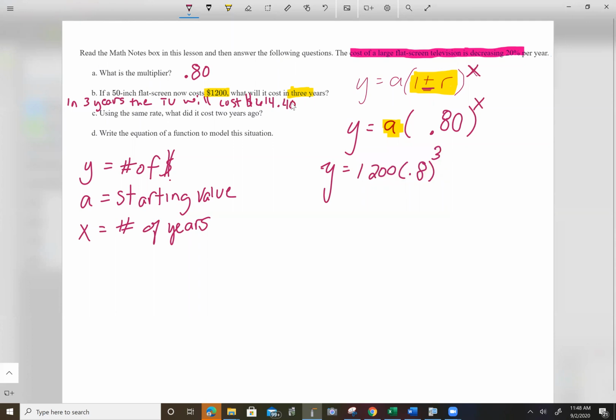Using that same rate, what did it cost 2 years ago? Ooh, that's a good question. Using this same rate, what did it cost 2 years ago? So the question is, we want to know what it cost 2 years ago, which means if we are